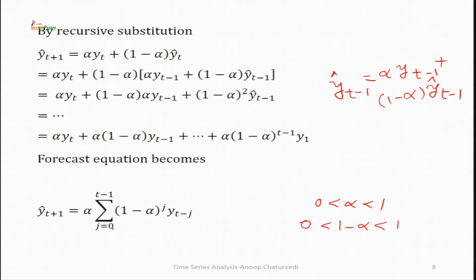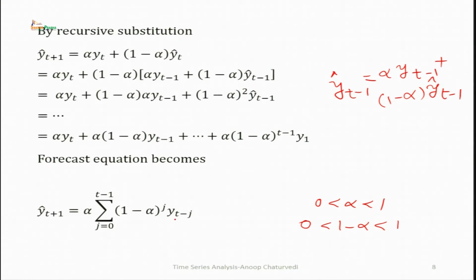So, as j increases, 1 minus alpha to the power j decreases. So, the most recent observation, for j equal to 0, gets the maximum weightage in this forecasted value,